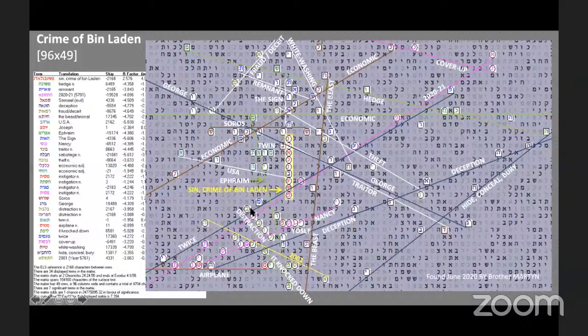twice is a term that Drosnin found for the number of times the planes hit. But the fact that this was a cover-up, hide, conceal, or bury, cover-up, wrapping the table, and that Hey Tov Shin Pei Aleph is in here, which is our time frame. And I didn't look for my name, but might, who knows, it might be in there. It knocked down was a term that Drosnin looked for and is in this table. And we have the beast.